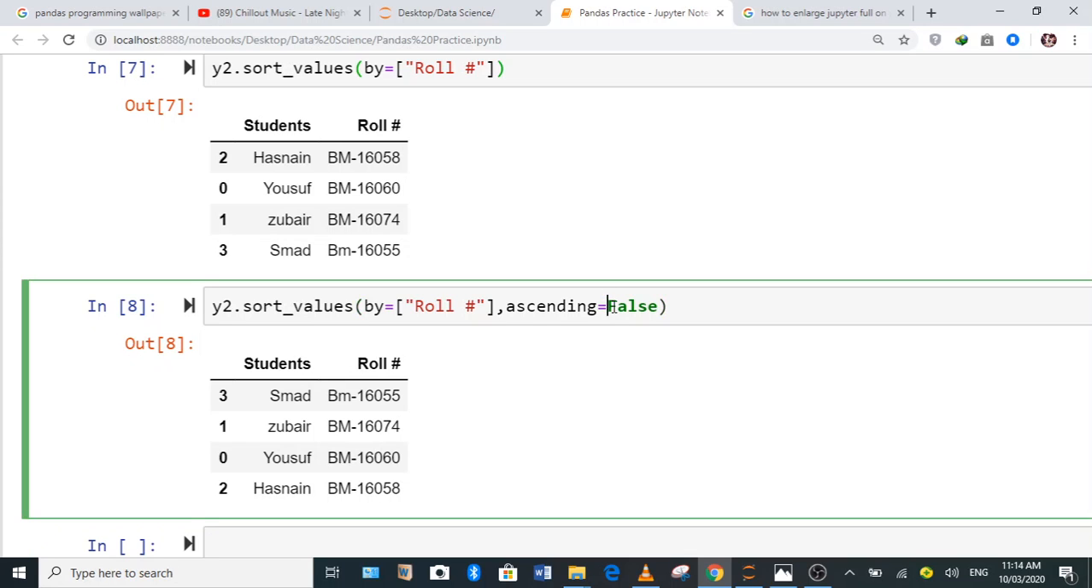Okay, if we type ascending is equal to true,